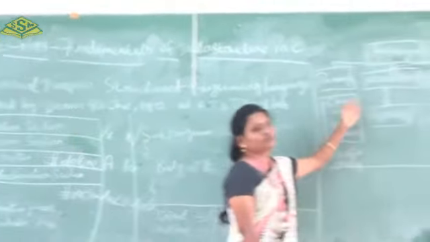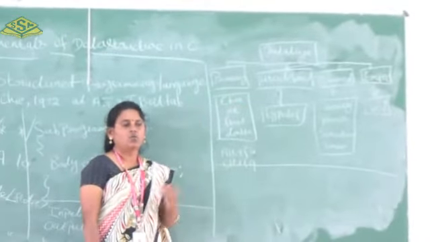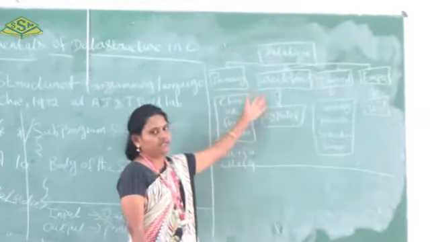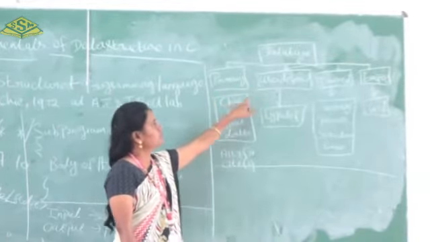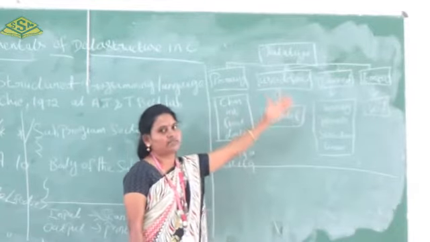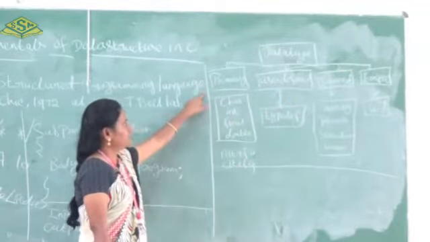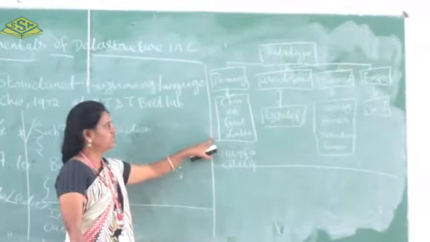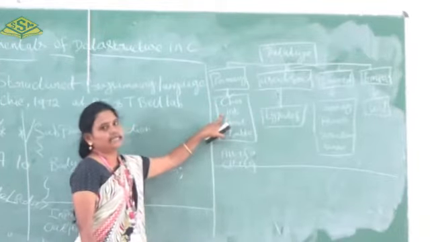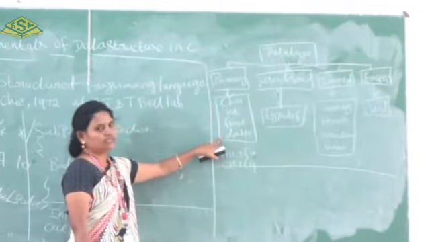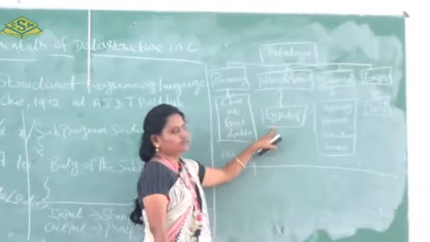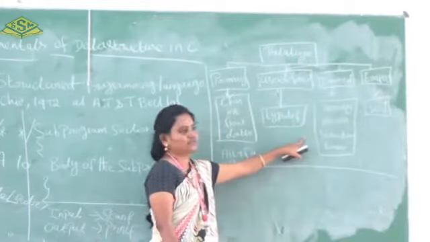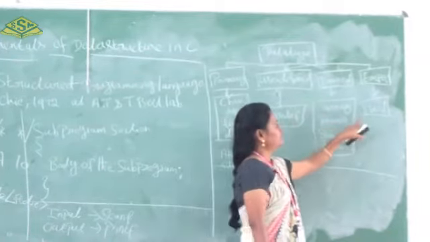Then we have to know what is meant by data type. Data type means the type of data we are going to include in the program. These are the types of data types. First one is the primary data type, second one is the user defined, third one is the derived, and last one we have is empty. Under primary data type, we have char, int, float, and double. Char stands for character, int stands for integer, then float as well as double. Under user defined, we have the term typedef, and under derived data type, we have array, pointer, structure, and union. Void means it returns nothing.